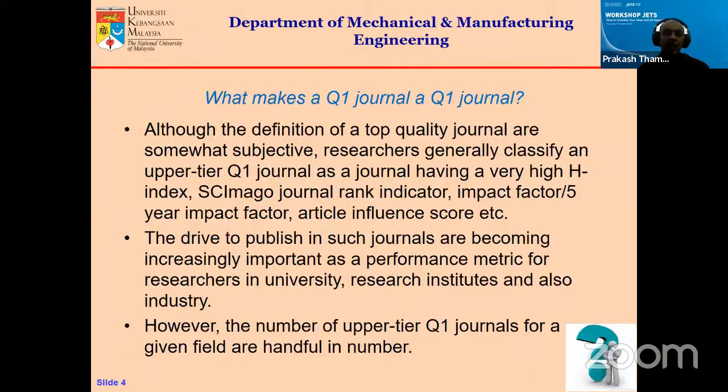Okay. Now, what actually makes a Q1 journal a Q1 journal? The rigorous definition of a Q1 journal is basically just statistics based. If you have a very high impact factor, basically in the top 25% of the impact factors. Remember there are two different types of impact factors. According to the Web of Science definition, there is a 2-year impact factor, which is also just called impact factor, and you also have the 5-year impact factor as well. In other words, you're sort of measuring medium term